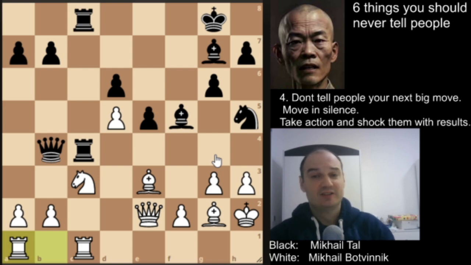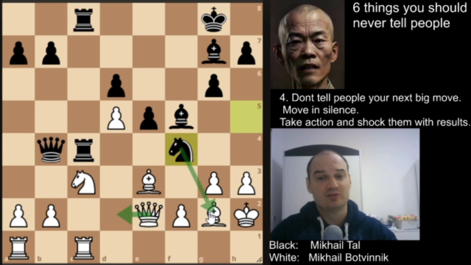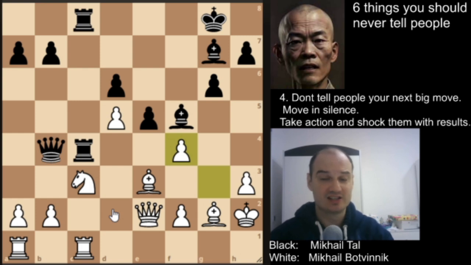And now we have the most interesting move in the whole game. We have knight to f4, sacrificing the whole piece. Classic Tal move, and you cannot ignore it, because you can step aside with the queen, but you would lose your bishop, and you would lose the bishop pair. You can pick up this knight with your bishop, but that just opens up this dark square bishop. It is not good. So black must accept this sacrifice, gf4,